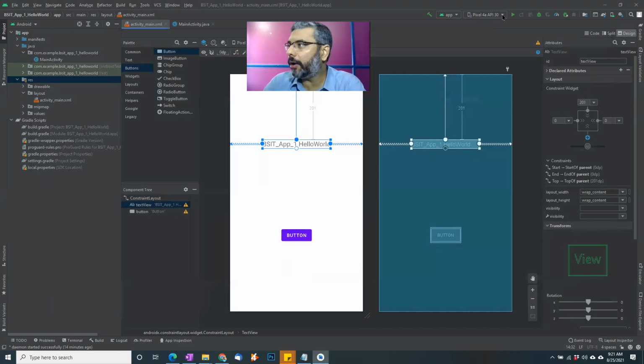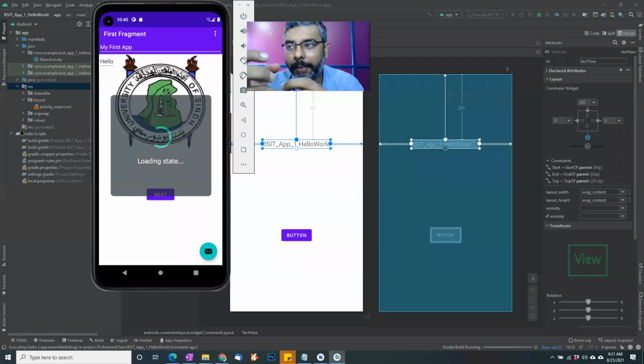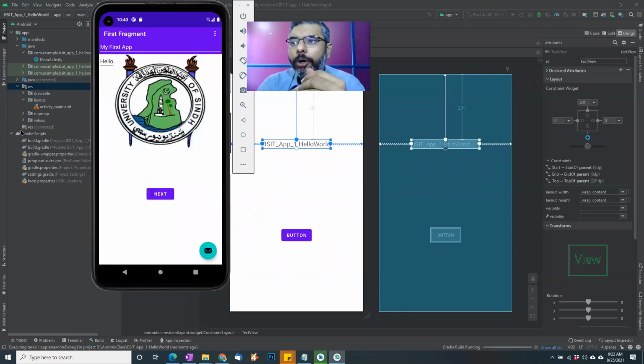Then once it is installed, now that mobile phone, it should be here. All we need to do is click on this play button. What this play button will do is that it will take something called Gradle building and build our APK file from the source code. Now, Gradle is something that is responsible for compiling your code and taking your code and building an APK file for it. Okay, I hope it explains. Just like a Java compiler or JDK compiler, it will take your code and build an APK file. So basically, Gradle is responsible for building that.